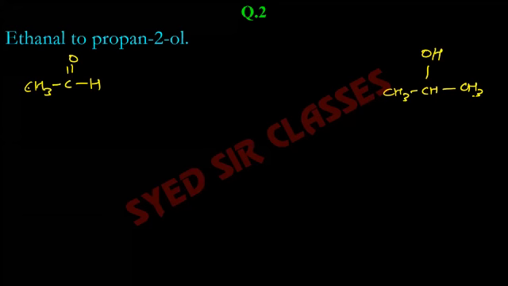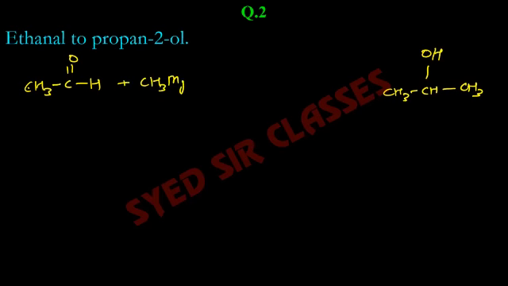It is CH3CH3, but we need one more carbon as well. Because we need one more carbon here and the carbonyl group is there, we won't be using KCN or H2O. That is a lengthier way, and also not a very effective way. Here we will use the Grignard reagent. Remember, to increase the number of carbons, one of the very effective ways apart from using KCN is using the Grignard reagent. So here you need one more methyl group, so you will be using CH3MgBr.